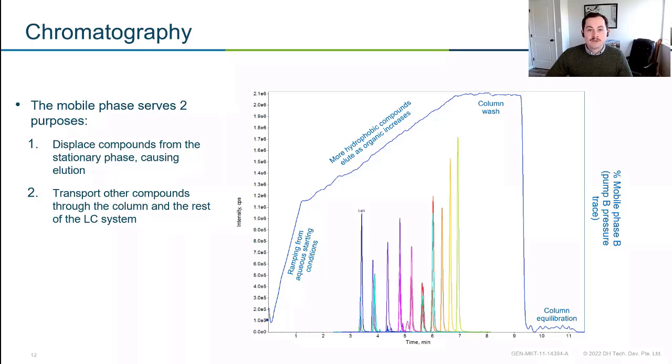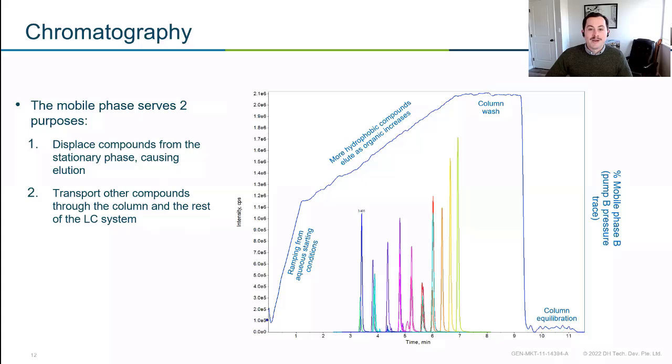So a typical chromatogram or a typical LC gradient would have 4 phases. The first phase, we would start at a lower aqueous phase. So we're introducing more water. Sometimes folks would choose to skip this step. It depends a little bit on your matrix. I like to include it just because that water will really help rinse off salts from your column and ensure that it stays clean. But depending on your matrix, that might not be of concern.